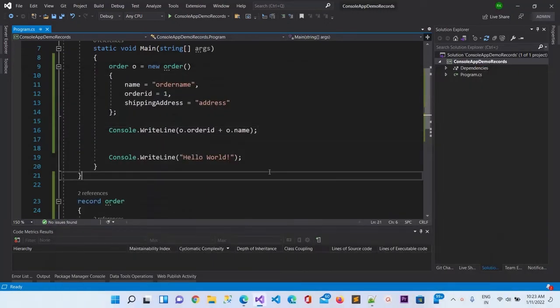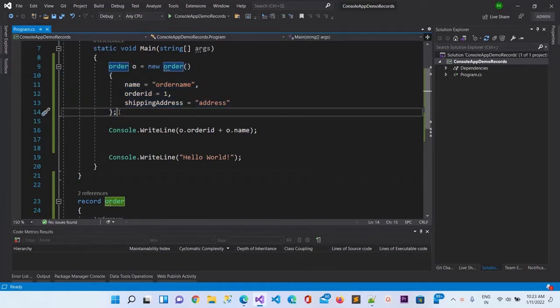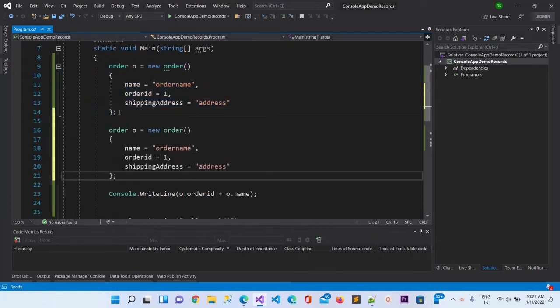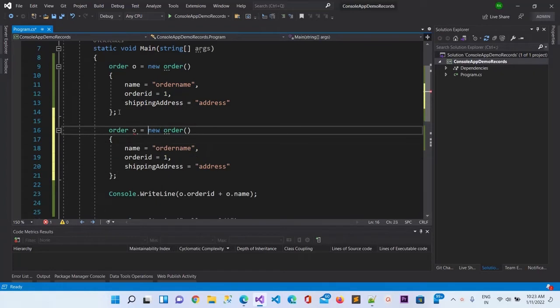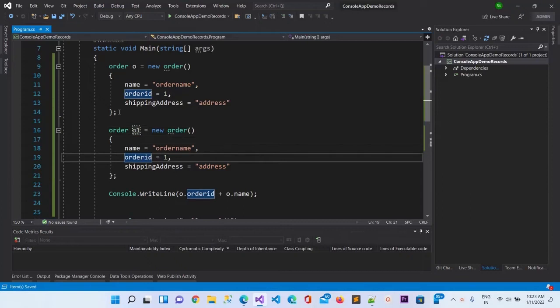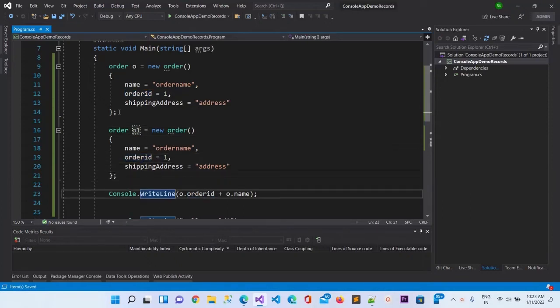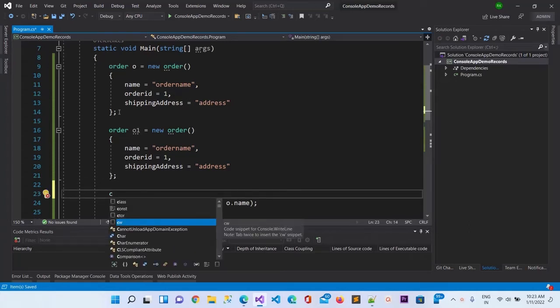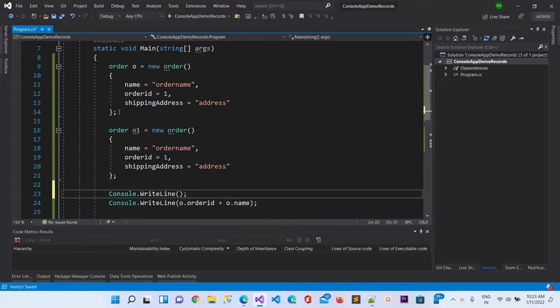Let me do one more thing, let me create one more object of this. In the same way let me copy this, and this will be o1. Here I will compare both of the two created objects.